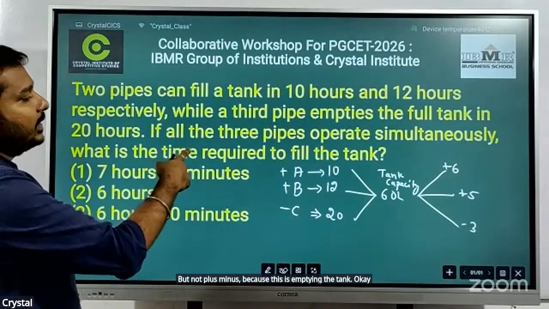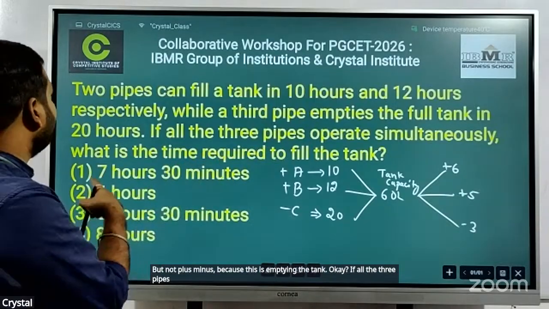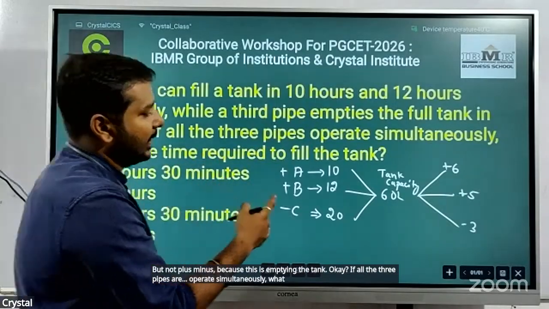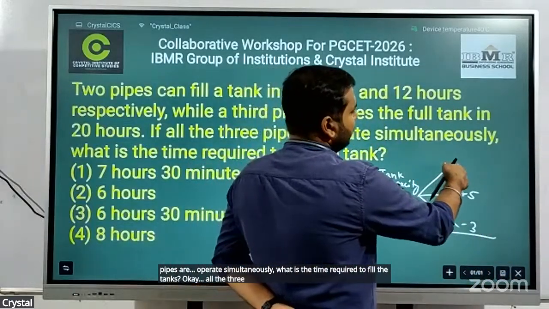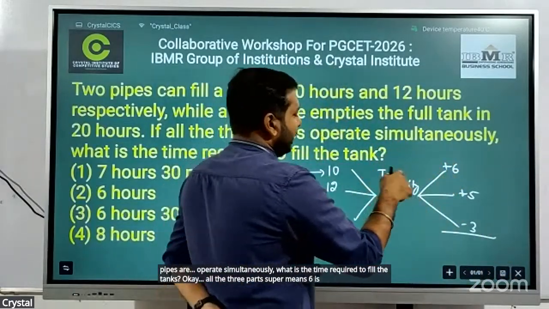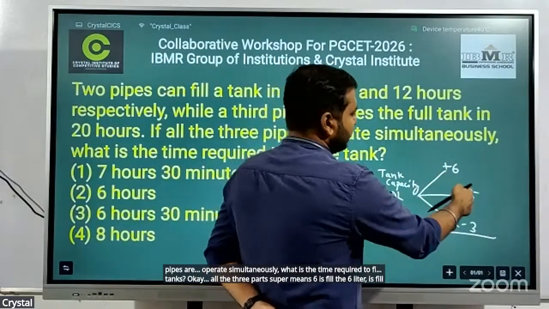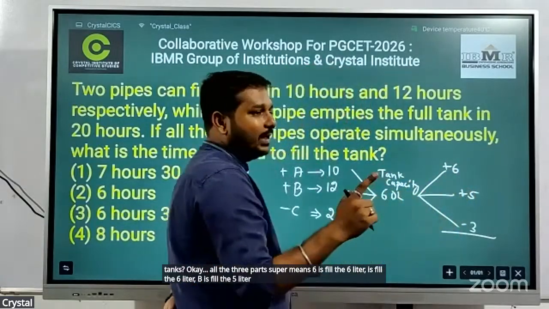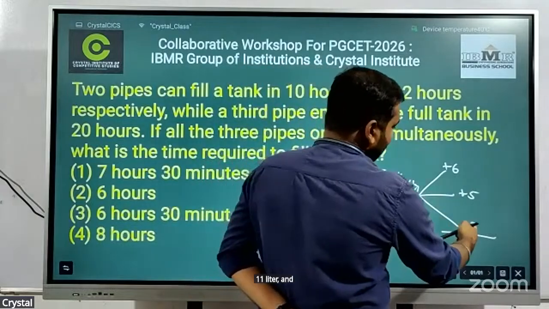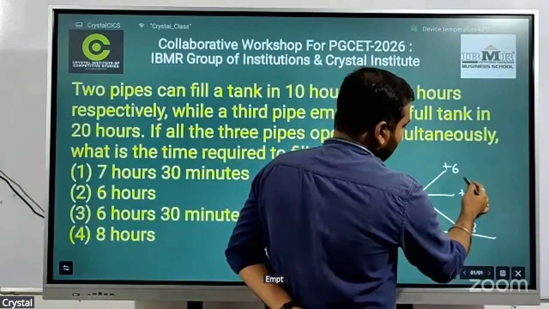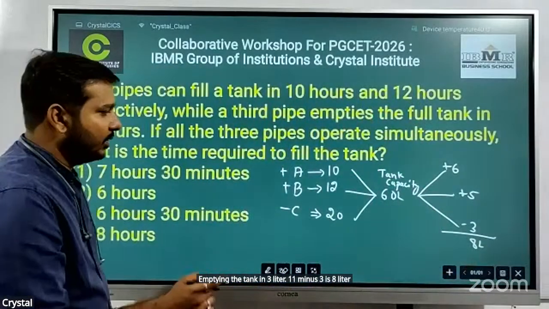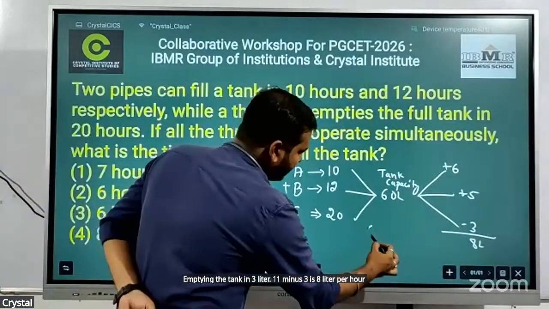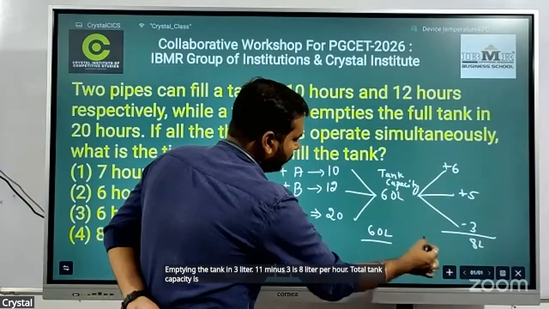If all three pipes operate simultaneously, what is the time required to fill the tank? All three pipes open means A fills 6 liters, B fills 5 liters, a total of 11 liters, and C empties 3 liters. 11 minus 3 is 8 liters per hour. Total tank capacity is 60 liters divided by total efficiency, which is